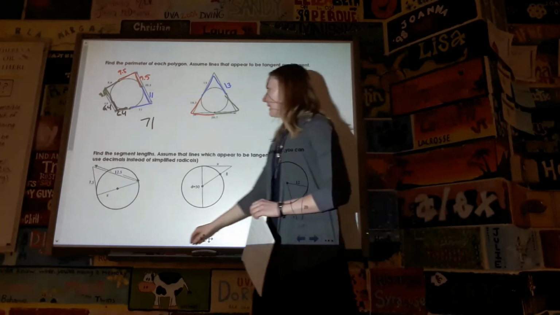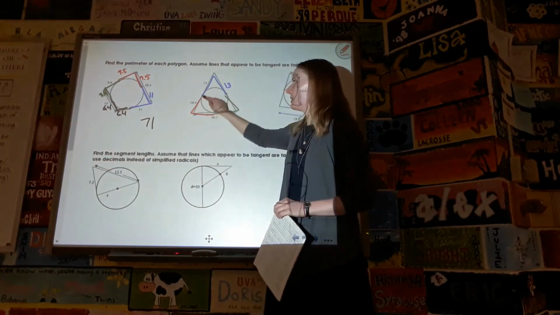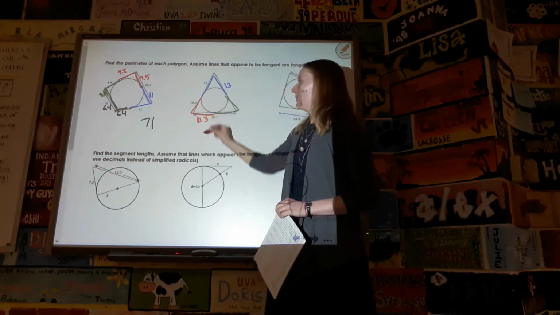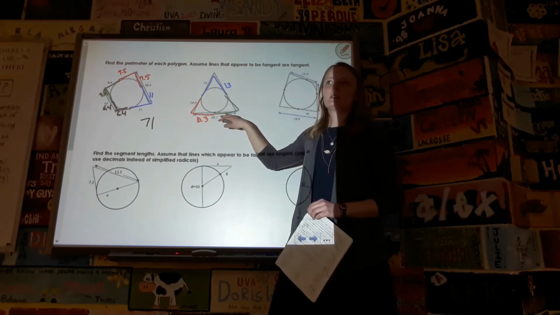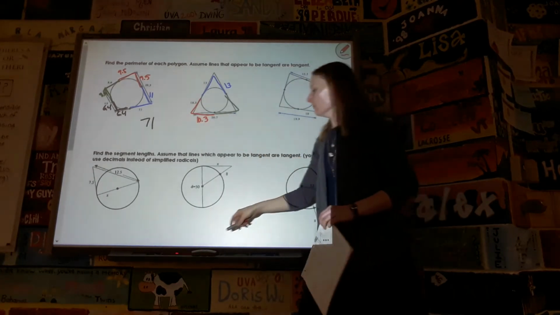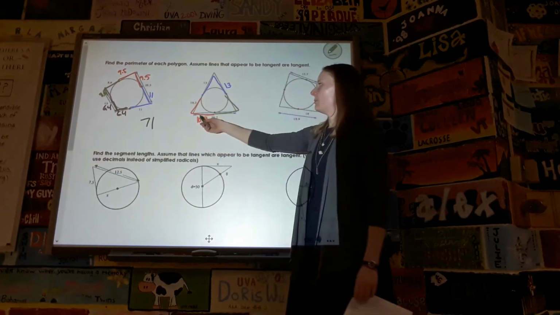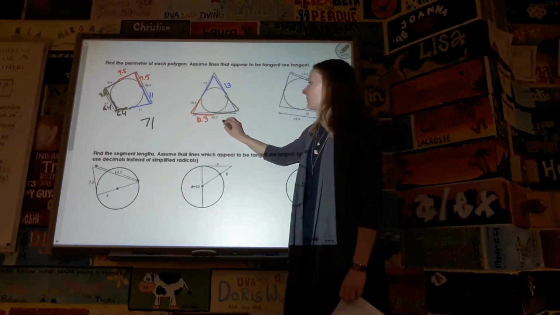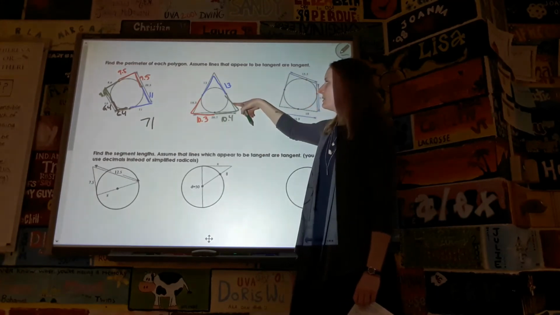What about the red hat? This one's 10.3. And the other side's 10.3. So this is also 10.3. And then the bracket at the bottom is saying the whole thing is 20.7. So if this part is 10.3 and the whole thing is 20.7, what's that little piece? 10.4. Which means that this piece